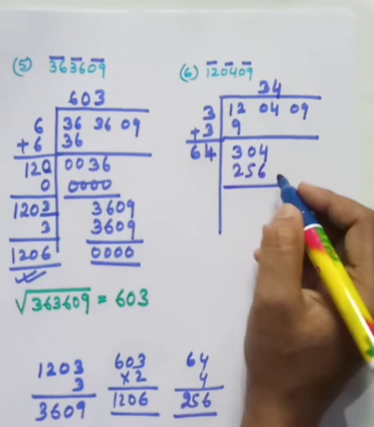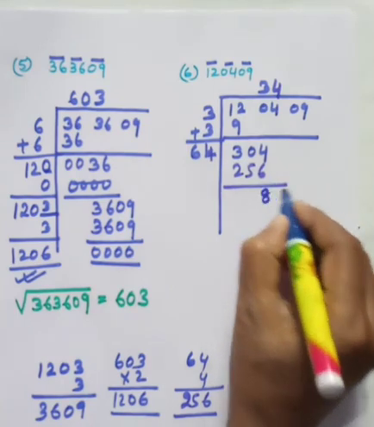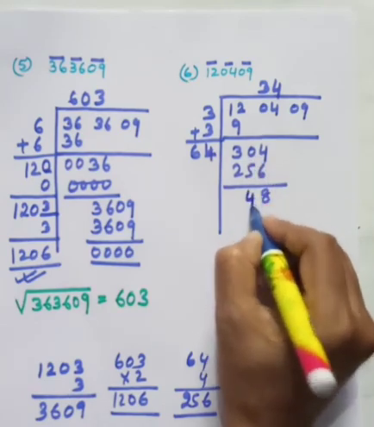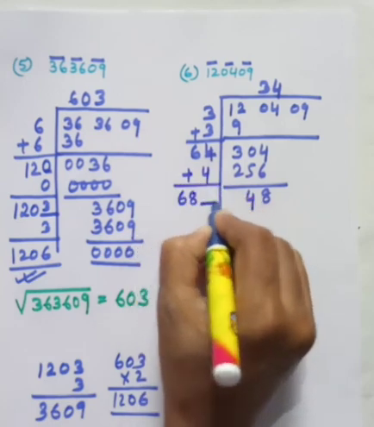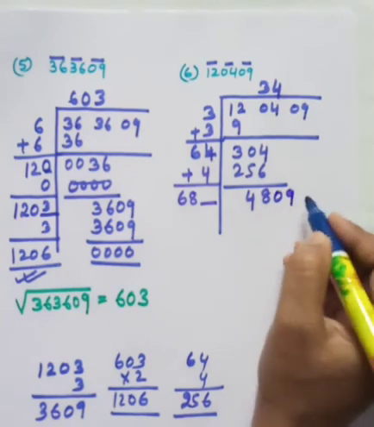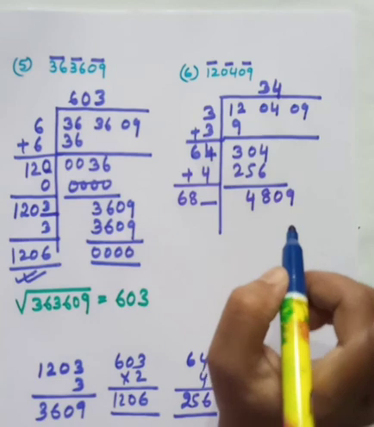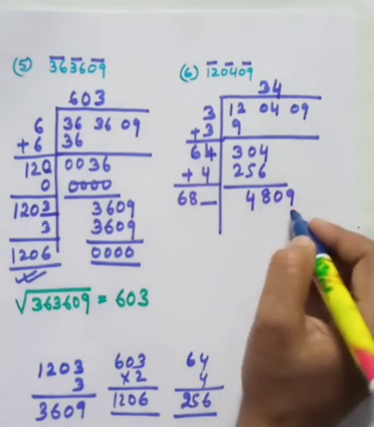Now 14 minus 6 is how much? 14 minus 6 is 8. How much is left here? 9. 9 minus 5 is 4. Here we are adding 4. We will get 68 with one place vacant. Now bring down 09. What I told you children, when it is 9, either 7 will suit or 3 will suit. Because 3 3s are 9 or 7 7s are 49.